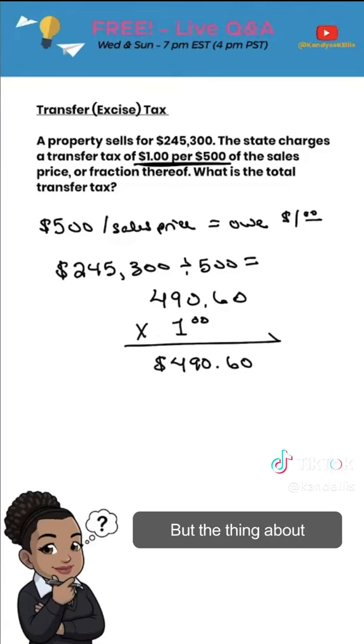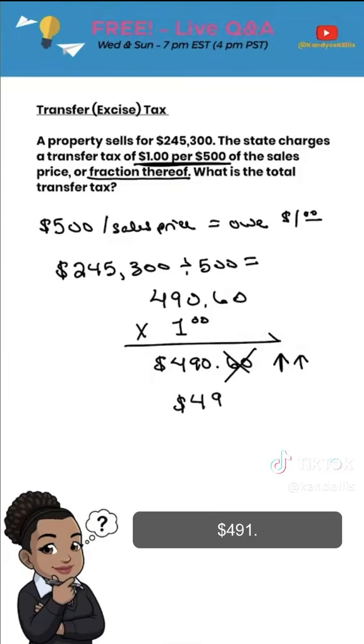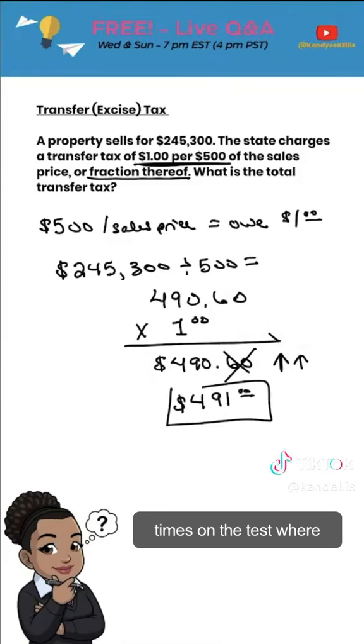$490.60. But the thing about transfer tax is that there can be no change. Notice it says or fraction thereof. So what we want to do is get rid of the change by always rounding up. Instead of being $490.60, our answer would be $491 even. This is one of the few times on the test where rounding is